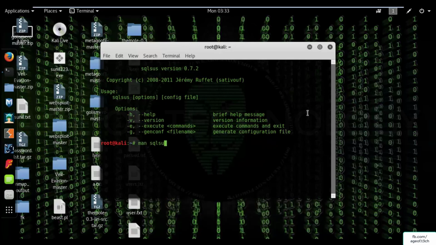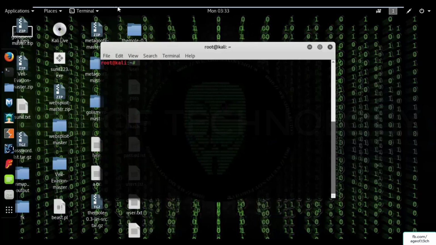Man SQLSus. There is no manual entry, it's okay. I will explain it here. So SQLSus is basically a tool in Kali Linux which is used to hack websites that use a MySQL database. So let's try how we can use SQLSus. First of all, there is a file regarding SQLSus which is